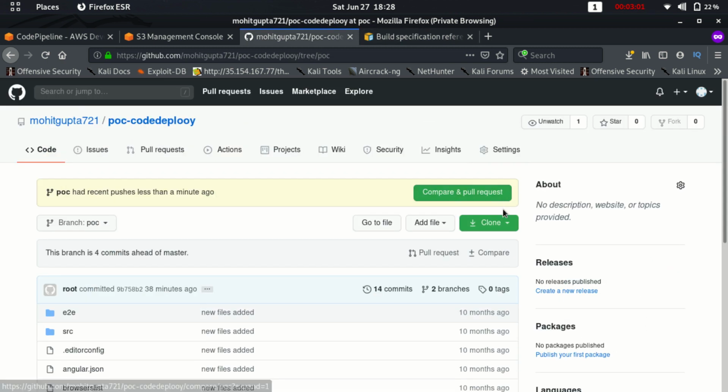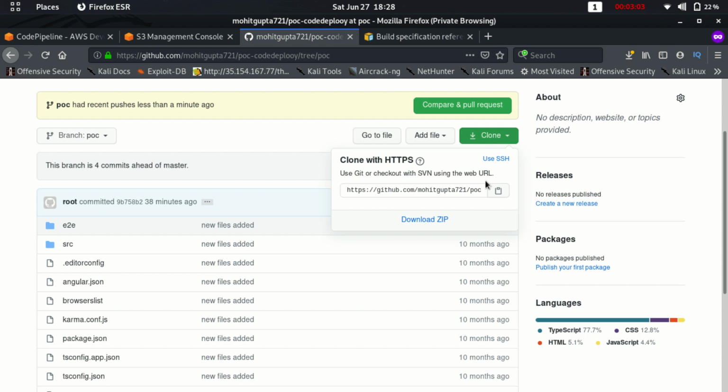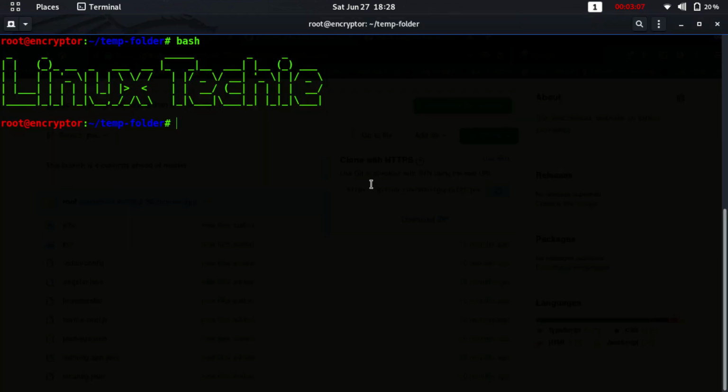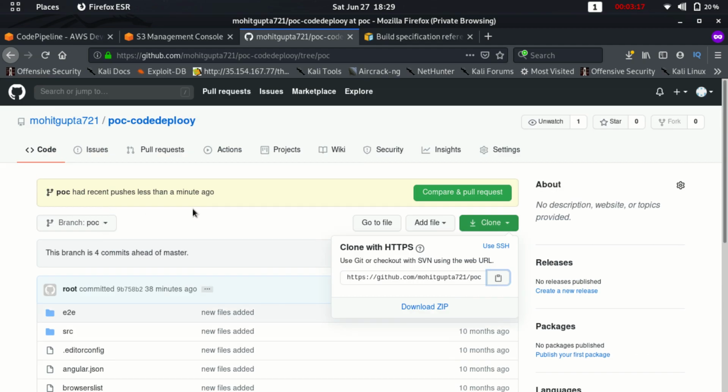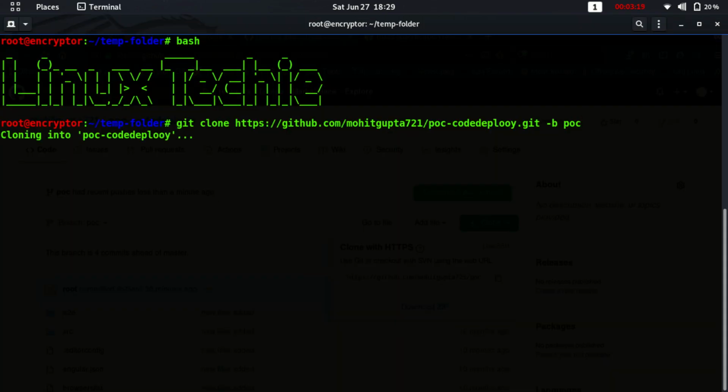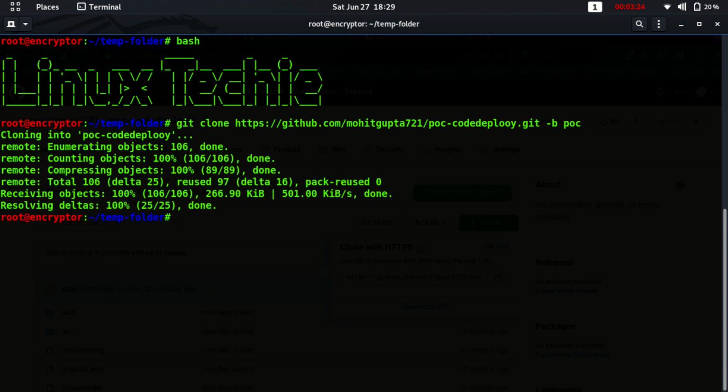So first let's clone this repo. I have a branch named POC, so I am cloning the POC branch of my repository.